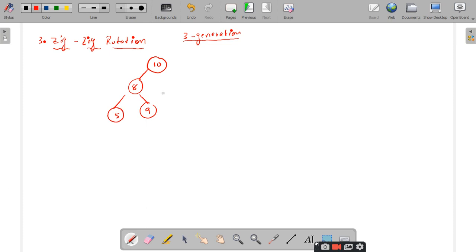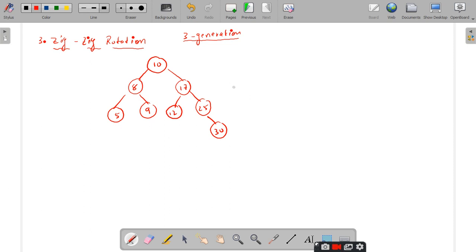Let me take it as 5. 17. Let us take it as 12. 25. You can extend further also, not an issue. Let us draw. Is it a BST? Yes, sir.